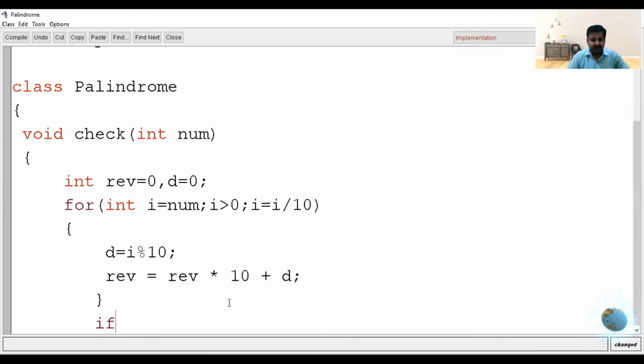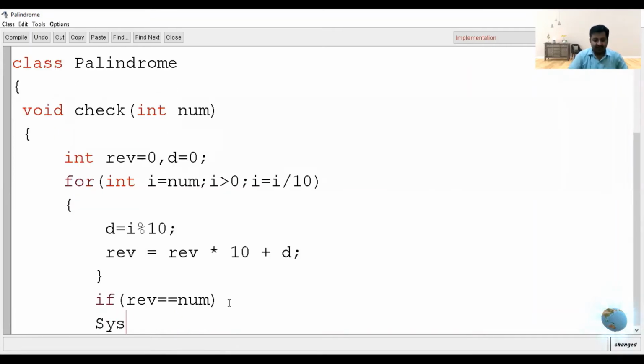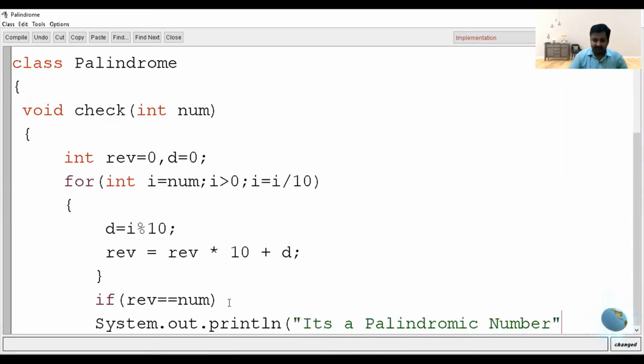Now at the last, you have to check whether reverse is equal to the entered number num. If it is so, then you will print a message to the user, System.out.println, it's a palindromic number, right?